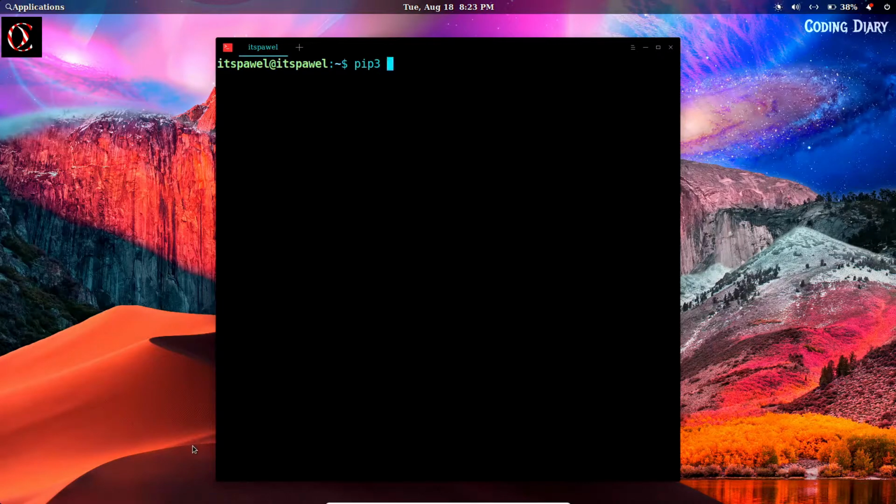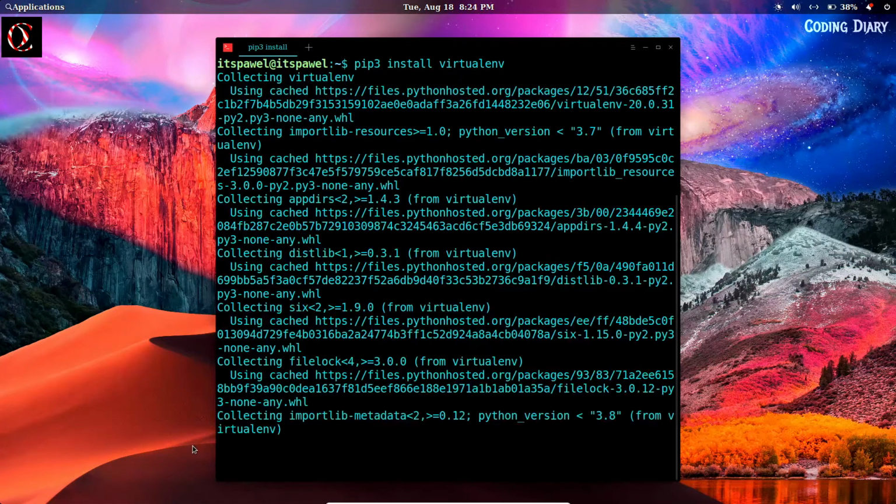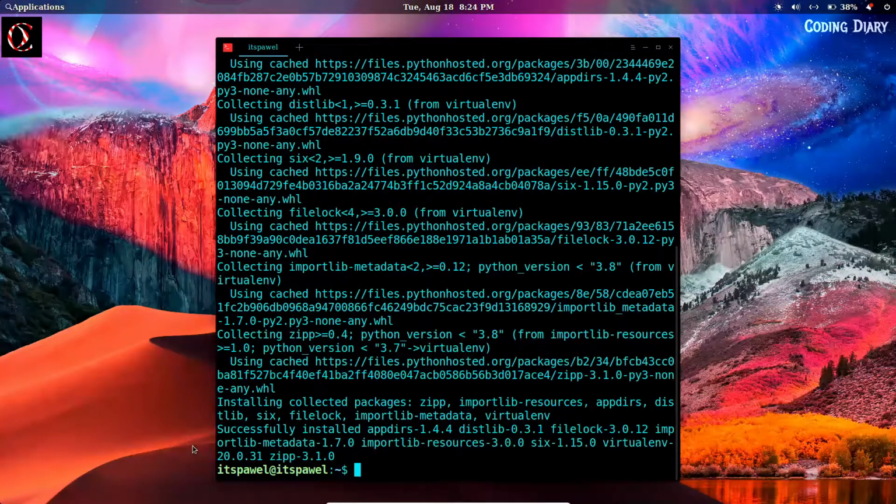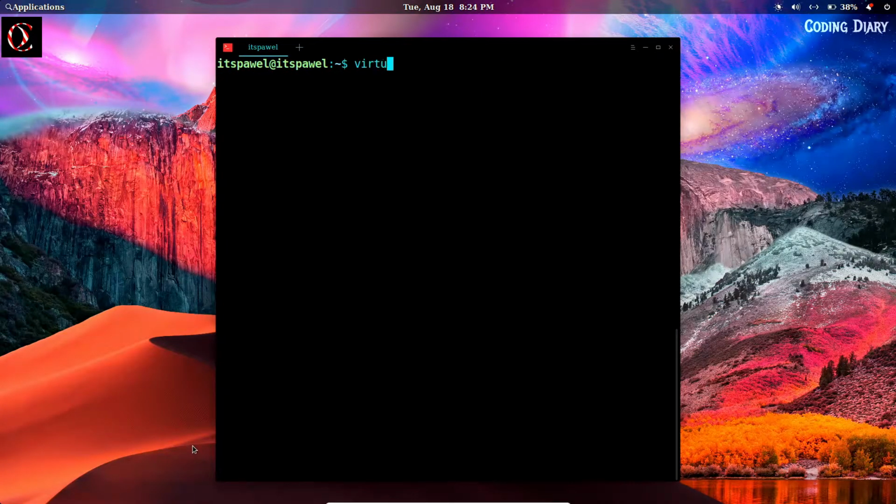Now call the pip by typing in pip3 install virtualenv. Virtualenv is the package which we're gonna use to set up the virtual environment. After installing virtualenv, type in the command